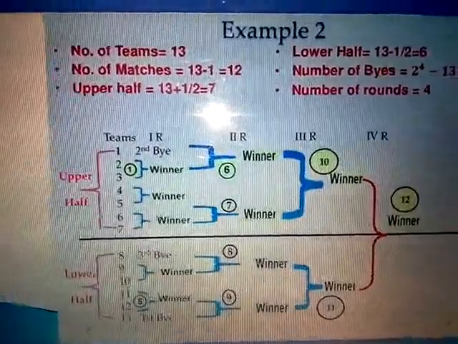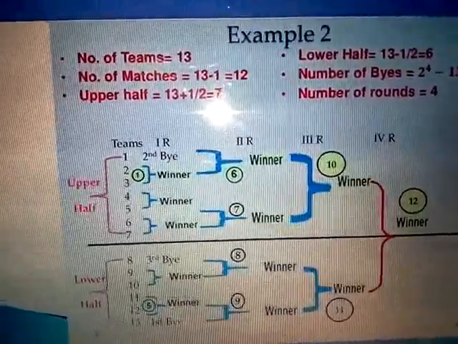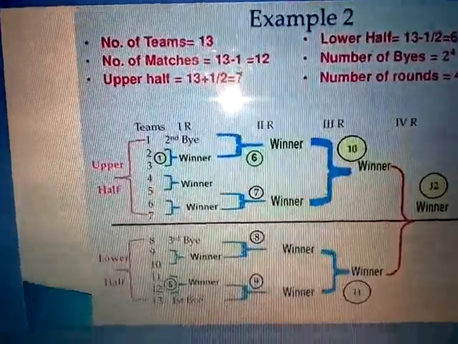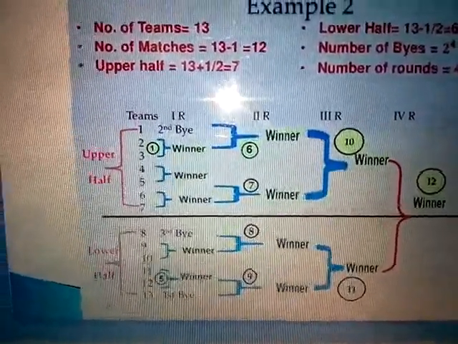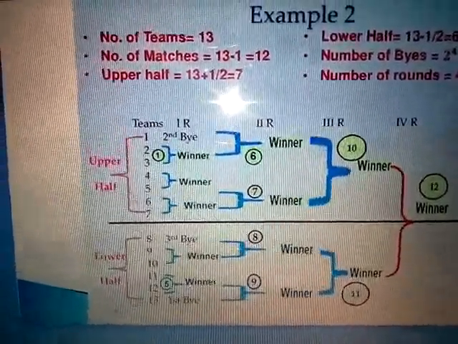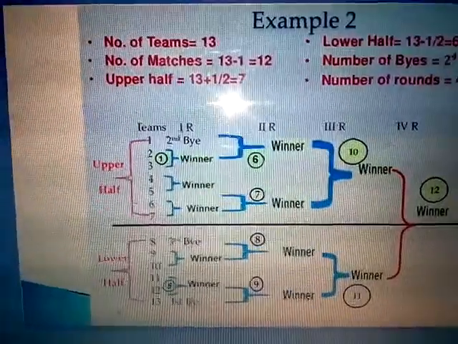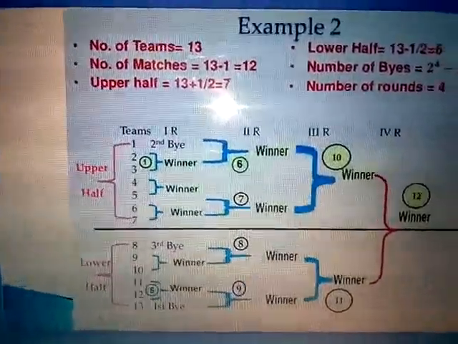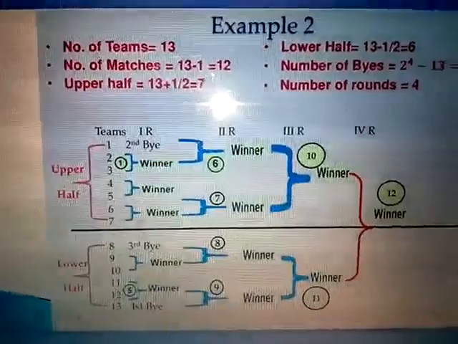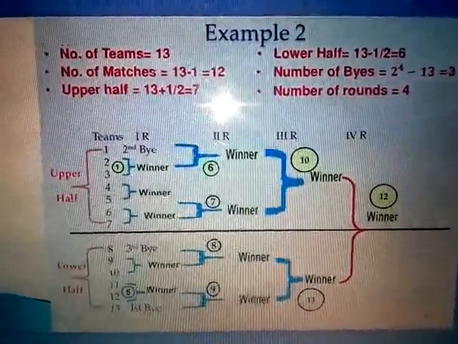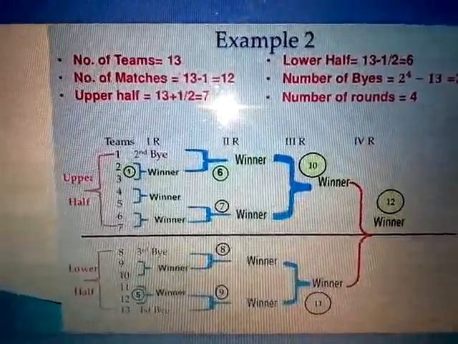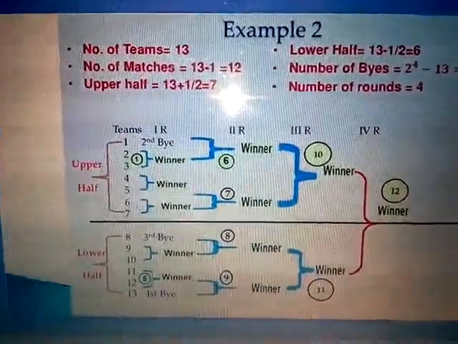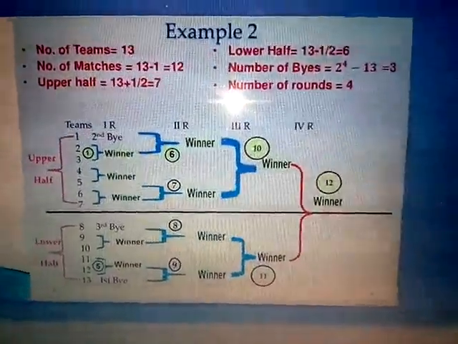In the slides you can see 2 and 3 are playing in the first round, 4 and 5 are playing in the first round, 6 and 7 are playing in the first round. Then in the upper half, how many byes are there? 1. So those who win the match between 2 and 3 will be in the second round. The winners are going to play with the team that has got the bye. You can see in the slide, very simple. The first round is played by 2 and 3. In the second round, those who have got the bye play with the winners. This is the process of fixing the bye.